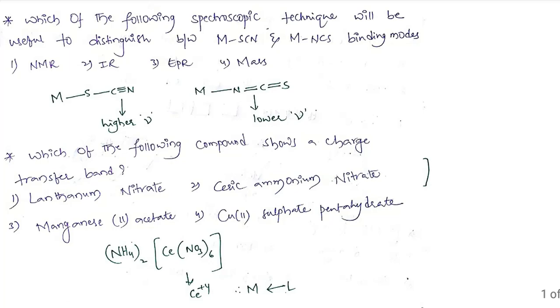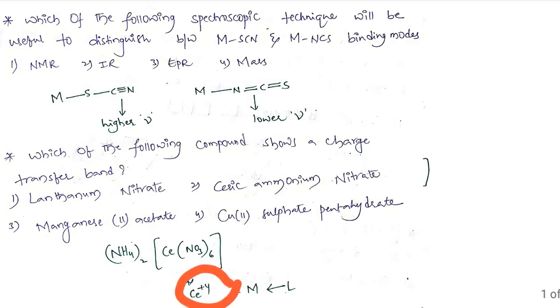And from that, cerium is in +4 oxidation state, because each nitrate has -1 charge here, so total charge is -6, and here we have -2 total on the complex, because here we have 2 ammonium plus. So from that we can simply say that cerium is in +4 oxidation state, and whenever we see higher